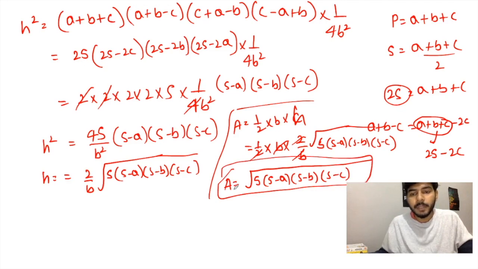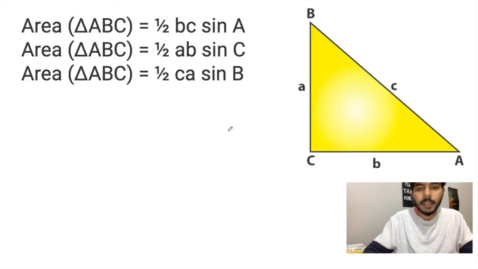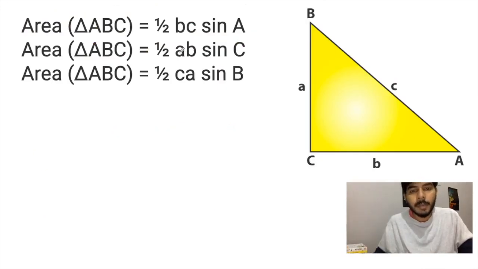कंफ्यूज नहीं होना है कि अब सर डायरेक्टली से लर्न कर लेते हैं। लर्न हम कर सकते हैं, अप्लाई करेंगे, लेकिन जब हम इसे ड्राइव कर रहे थे हमने कई सारे एप्लीकेशंस यूज़ किए हैं, और अगर इन एप्लीकेशंस के बेस क्वेश्चन आता है तो आपको प्रॉब्लम नहीं होगी। ठीक है, अगर ये समझ में आती है तो लास्ट कॉन्सेप्ट है इस ट्रायंगल का, जिसमें हम थीटा यानी एंगल का यूज़ करके भी एरिया निकाल सकते हैं।